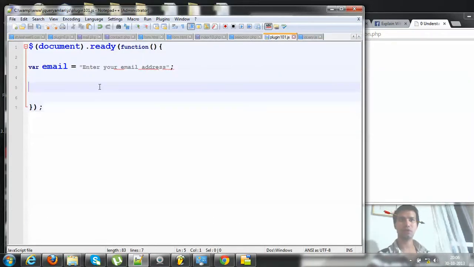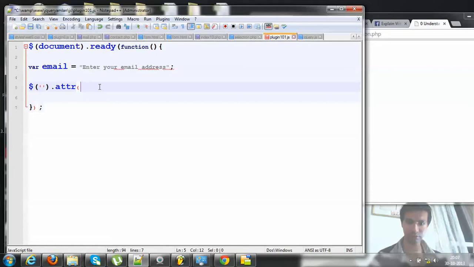So what we do here is dollar, and then anytime you have to select something, you put quotes here, and then you can assign a function. So this will be the attribute function. This is how you define the syntax for a function. And now here let's proceed to write our element. This is a different way of calling an element. Please look at it very carefully.